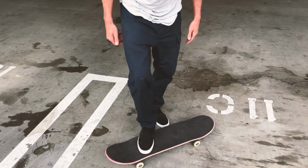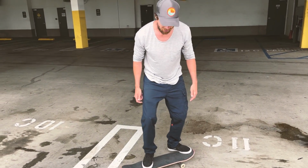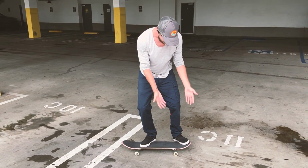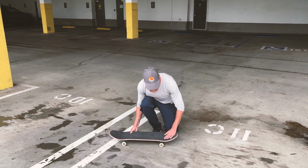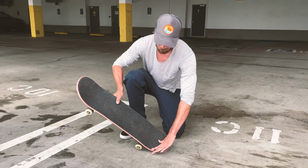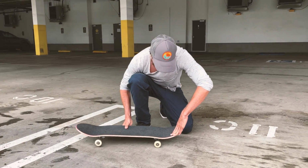So for this one, our back foot was here, but now we want to move it here, right? See that? This is the difference. Now, whenever you do shove-its or anything like this, the reason we put our foot right there is because if our foot's on the inside and we add some power to it, like a big pop, no matter what we do, the board starts to rotate. So if I'm going fakie big spin and I put my foot in the pocket and I add some force to it,